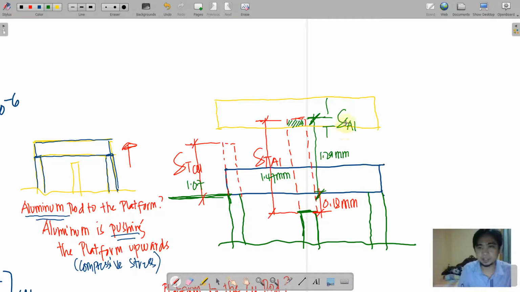Okay? So that is denoted by delta AL. So again, there is no subscript of T here. Subscript T is intended for the temperature expansion. Okay. So now for the copper,